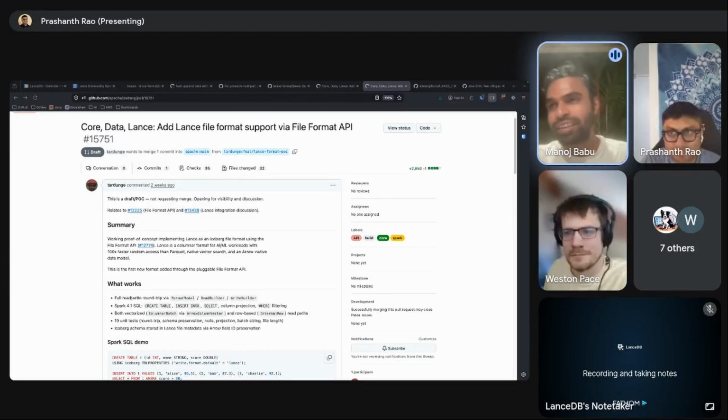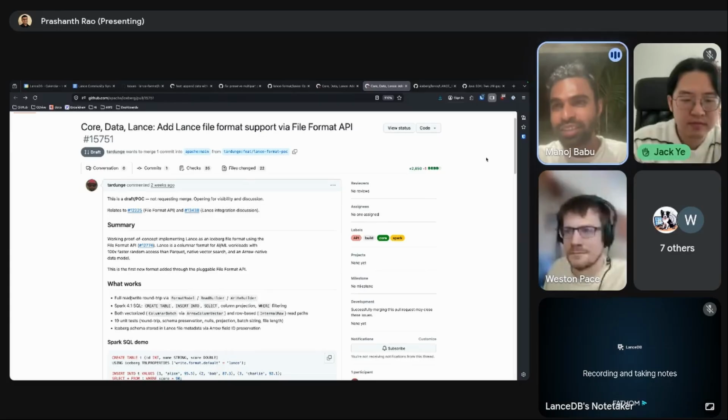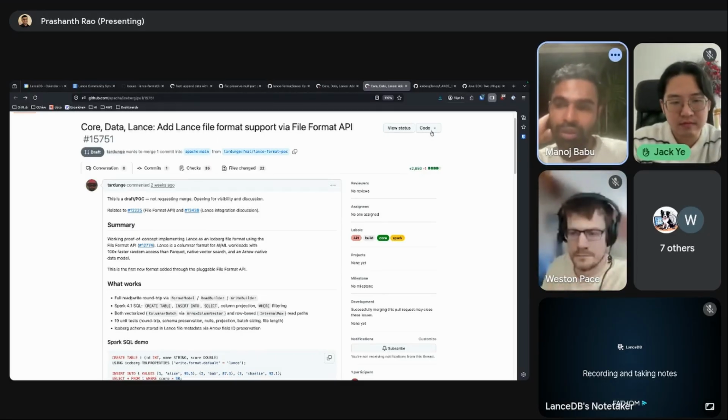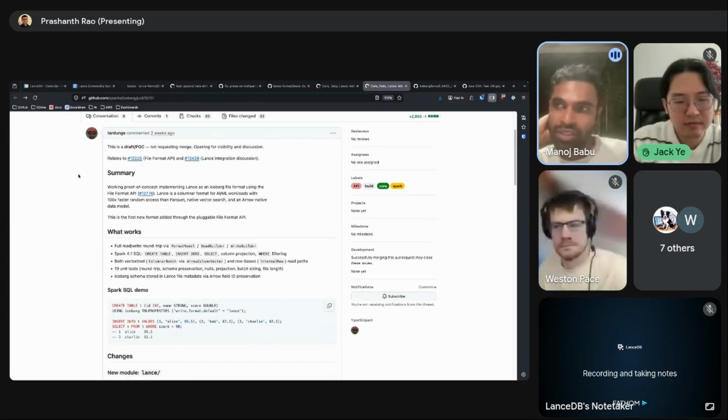Okay. However, another interesting question would be when it comes to joining such tables. LanceDB is more like a file format and a table format, but it's not on the execution layer, right? The join is done by engines like Spark or Ray or Trino. So how would these layers leverage the